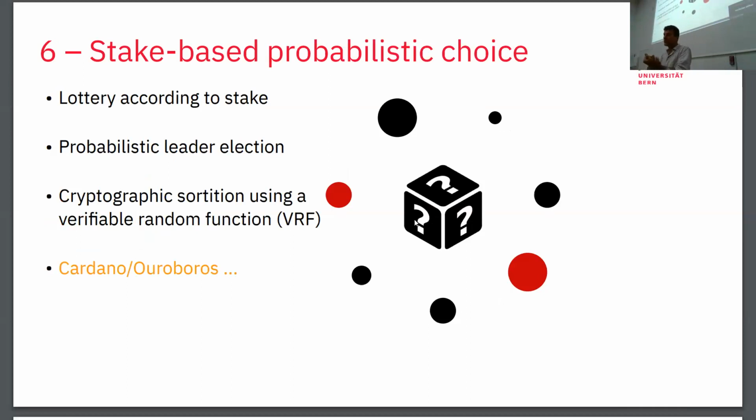Now, more. You cannot only do the stake-based protocols by using the stake to vote. You can also use the stake more in the sense of a lottery that determines your chances of being elected by the lottery. The proof of work in Bitcoin can be seen as a lottery in the sense that you're elected to produce the next block with a certain probability. And in these protocols, we make it explicit what the probability is, namely through advanced cryptography. For example, through the tool of a so-called verifiable random function, you can notice whether you are elected or not. You cannot cheat in there because the cryptography prevents you from cheating. So you can recognize yourself without talking to others whether or not you have been elected.